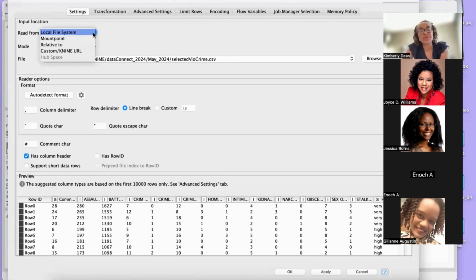So we have two options. You can either go to a custom KNIME URL, which would normally be through the server, or relative to, I forget what that means, but the local file is what I always go with. So I have a file on my local machine. Now, if you had it someplace in the cloud, there's a way to configure that. And I think that's what the relative to is about, but I've never used it before, so I don't know for sure. All right, so you browse, you select your file, and then